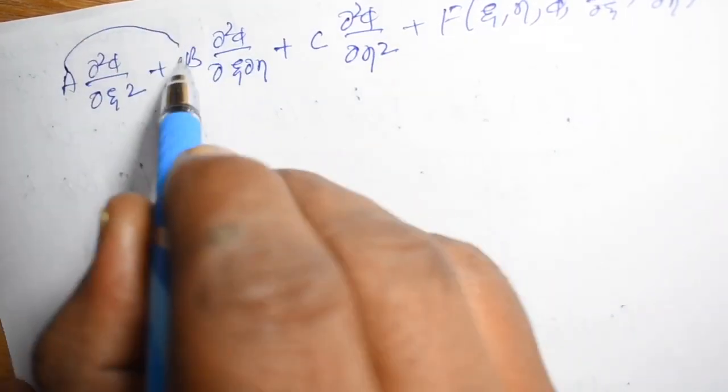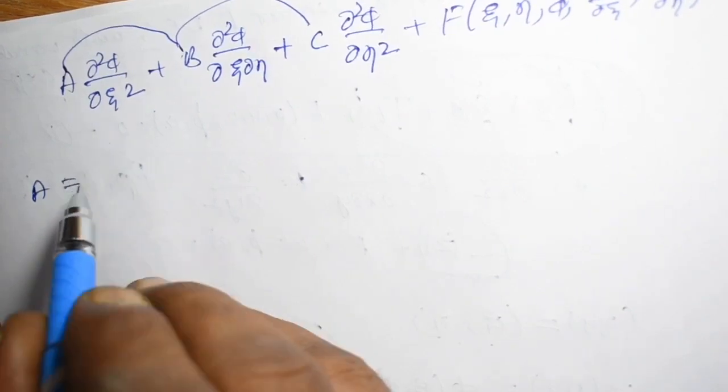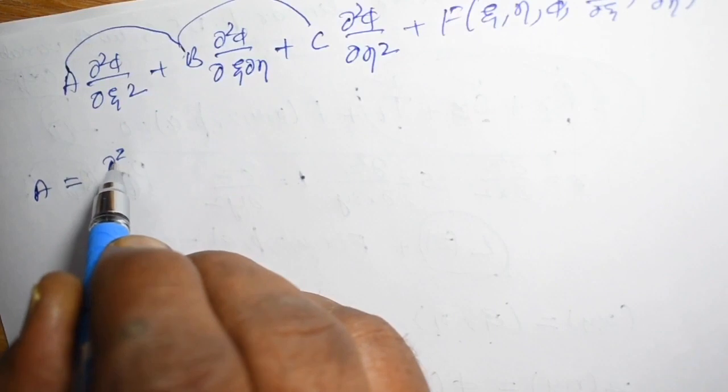So what are A, B and C? Your A means after substitution. So you have taken the substitution as some capital R means ∂²